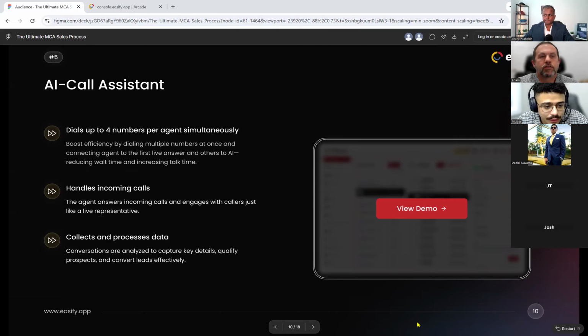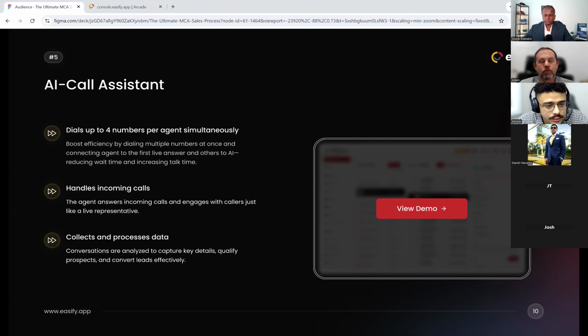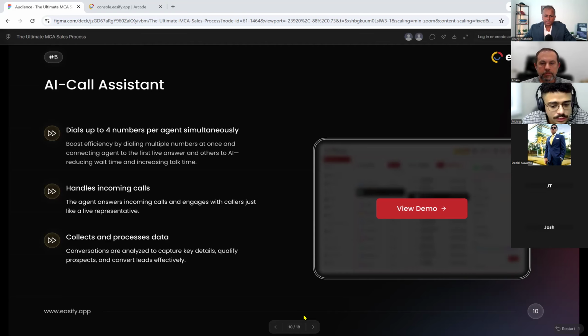And sales is about a numbers game. So if the agent has 4 times the ability to connect in a day, that means 4 times the connects, 4 times the applications, 4 times the closed deals. Exactly right. Incredible. There was another question. I think we'll come back to it. We'll get through some more of these slides, and then we'll come back to go over that if we have that